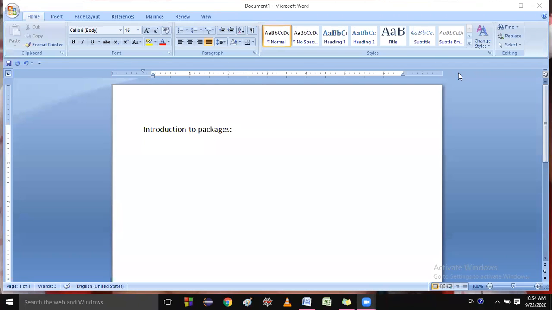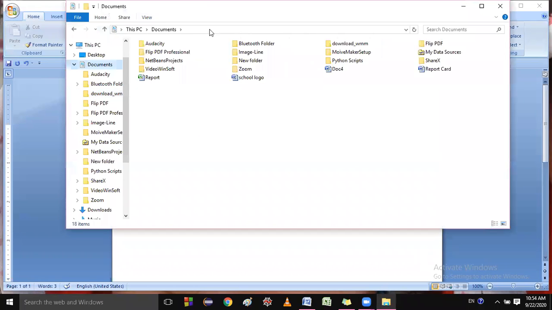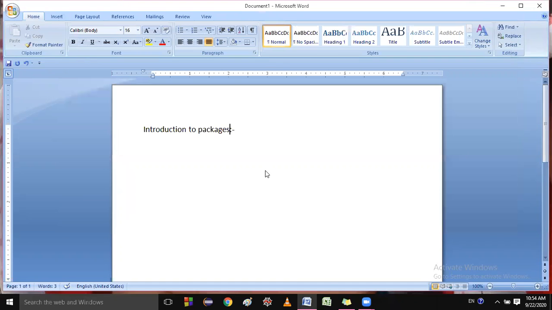Okay, listen, my point: you can say that a package represents a directory. You know, this is a directory. If I open this, these are the directories. A directory means a path. So packages are directories that contain a related group of classes and interfaces.